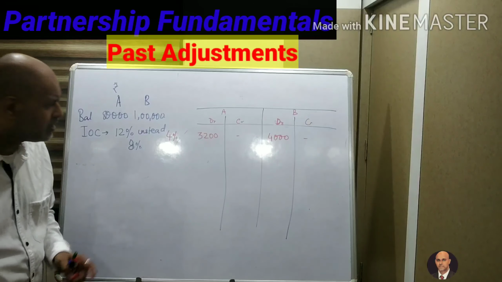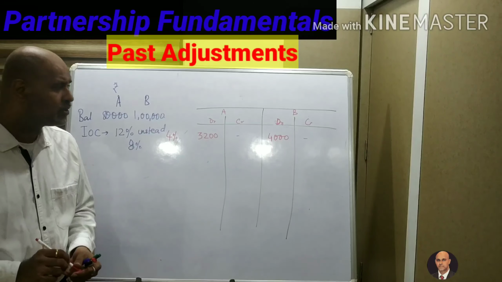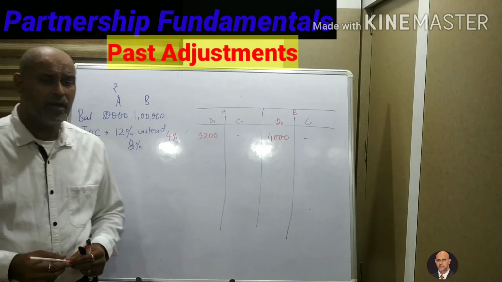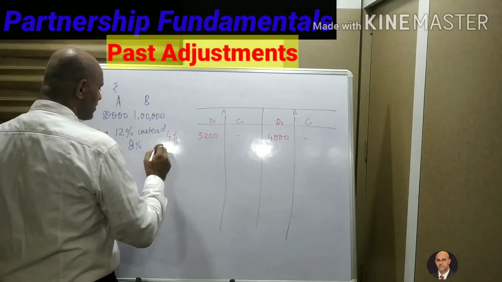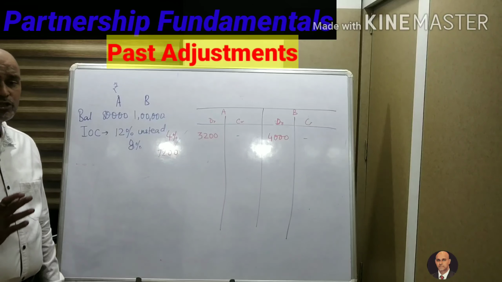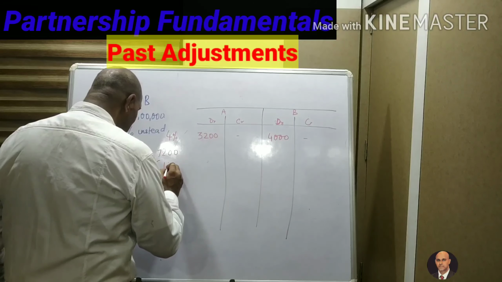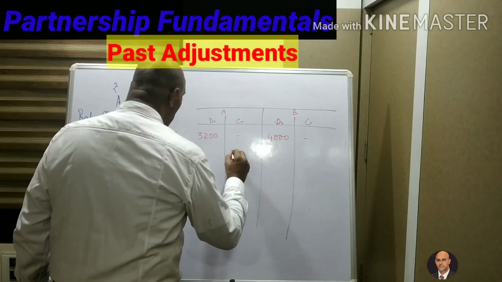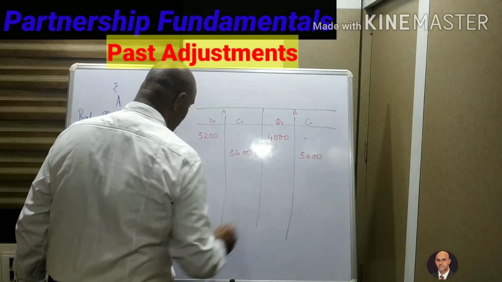Remember one very easy concept. When we have to give the partners anything, we put it on the credit. Whenever we have to take back anything from the partners, it will be a debit for us. So, next step, I add both these figures. That is 7,200. Is the ratio given in the sum? The ratio is not given in the sum. So we'll share this equally. This 7,200 will go on the credit side, 3,600 and 3,600.